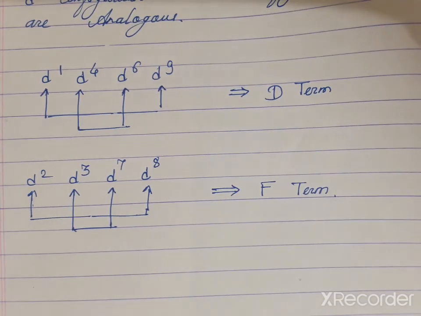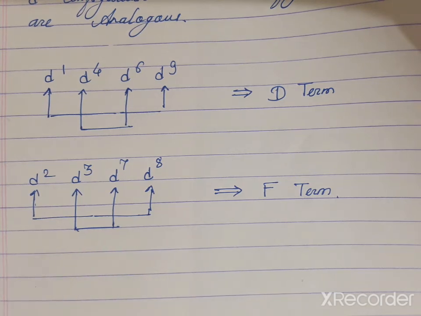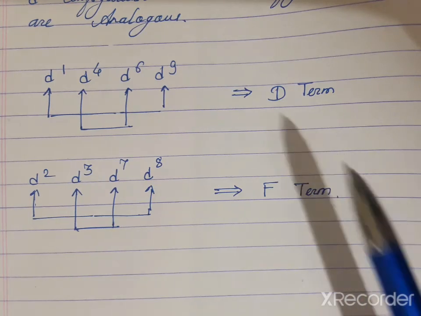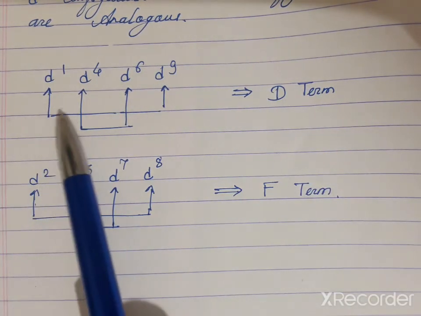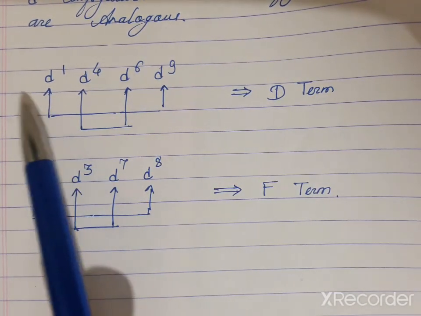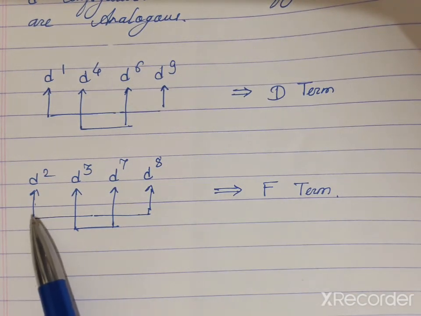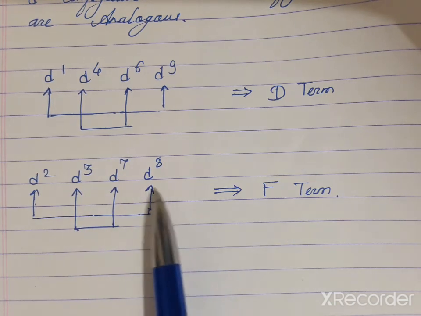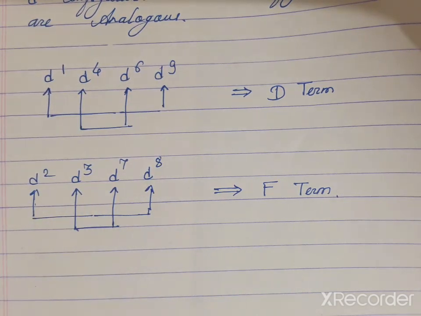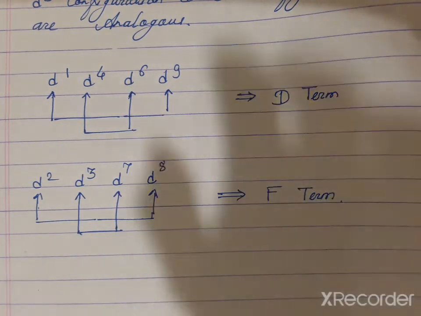Okay, now in our next lecture we will discuss the Orgel diagram: the Orgel diagram for D and the Orgel diagram for F. The Orgel diagram of D we use for d1, d4, d6 and d9 configurations, because D term arises from these, and F term arises from d2, d3, d7 and d8. So we use the F Orgel diagram for these 4 configurations. Okay, now in our next lecture we will discuss what is an Orgel diagram and what is the use of an Orgel diagram. Okay, thank you.